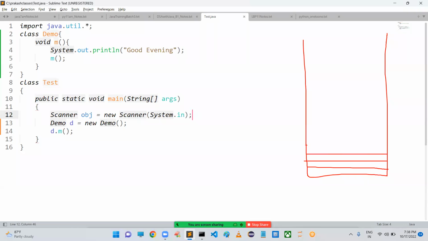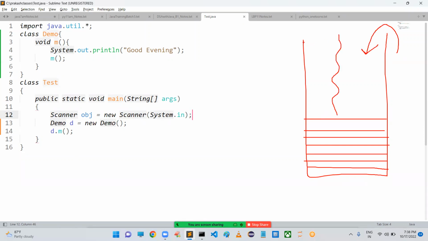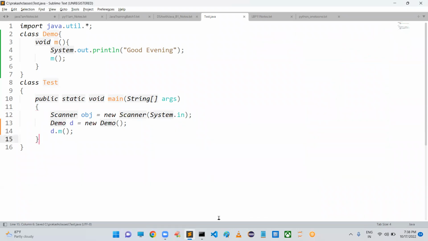Sir, there will be some limit for this stack. Maybe in tomorrow's session, I will give detailed information about this stack. Whatever data is coming, it will store, up to a certain limit. Once it comes out of this box, it is called overflow. Now we are going to see this.